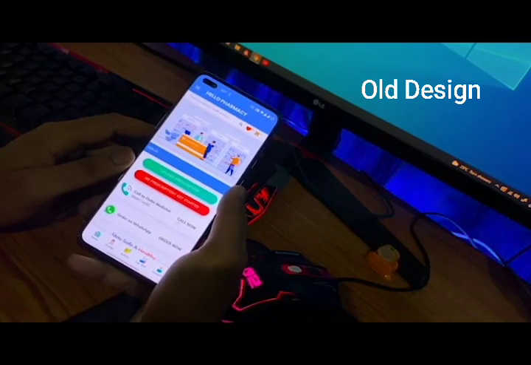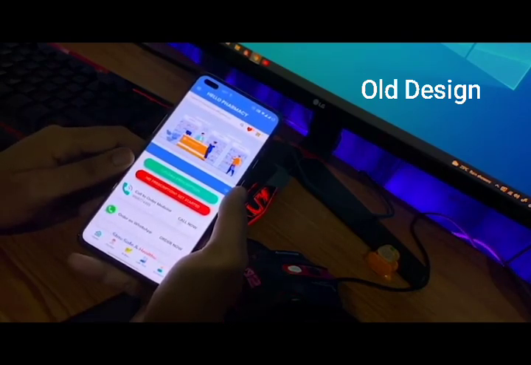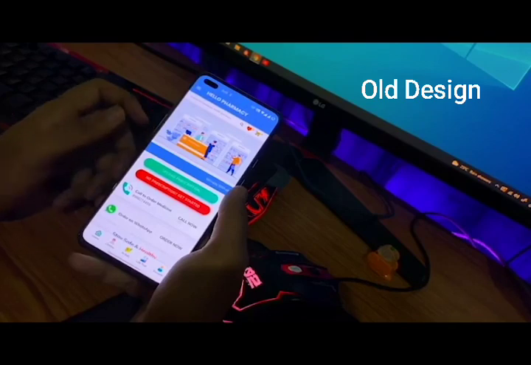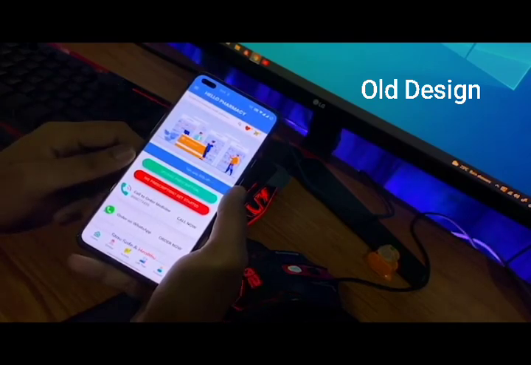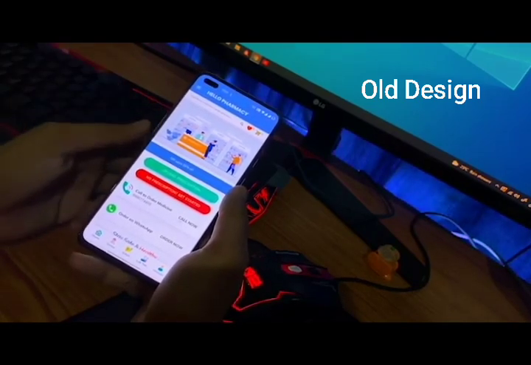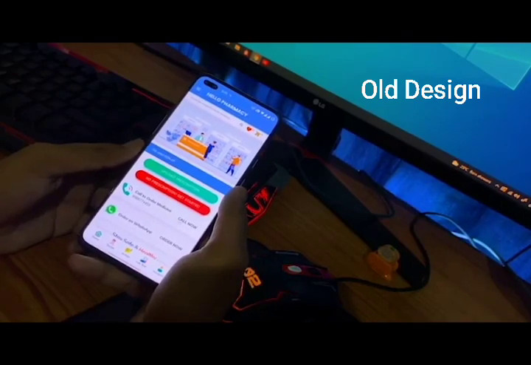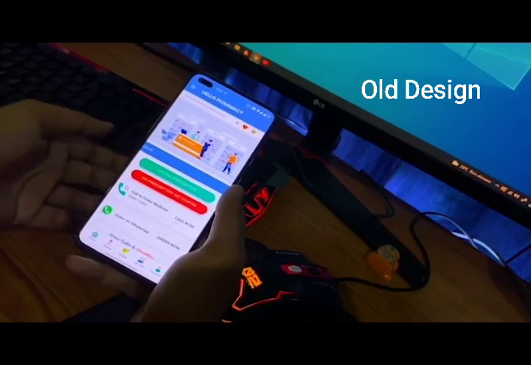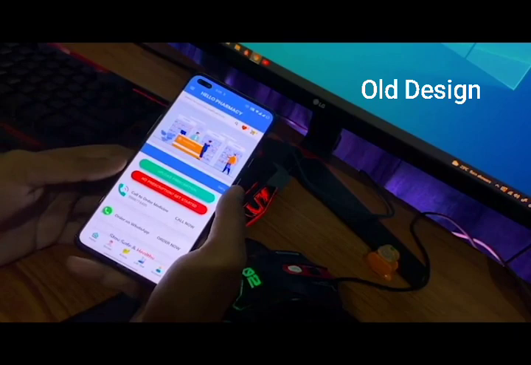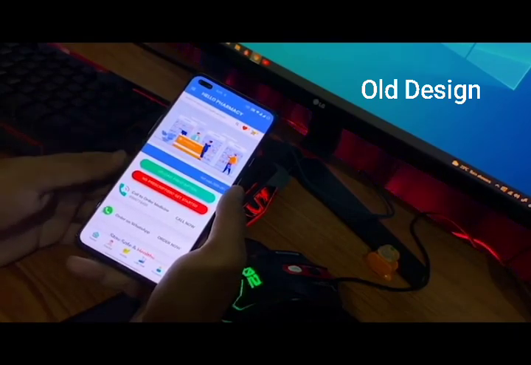So I redesigned the application and made the design super attractive and corrected the user experience. The main thing which I changed is the complete user interface. This application has a good user journey, but it needs some more improvements, which enhance the user experience as well as the user journey.